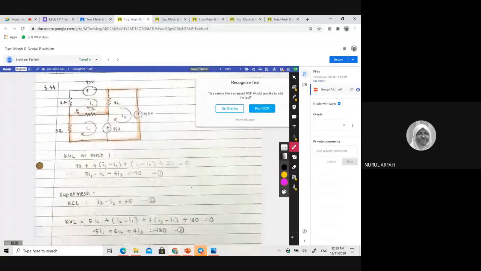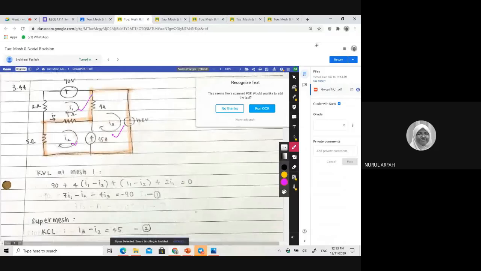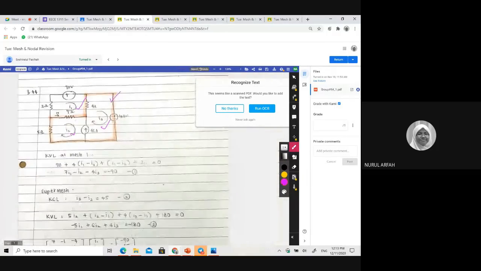Okay, 3.44. This one, yeah, done. This one, you have a super mesh. So very good, sister, because can you see our sister here? She pointed the loops, the boundary here. So KVL around this, you should have